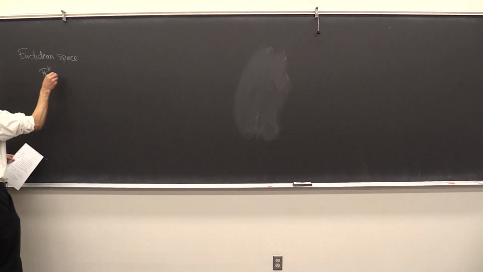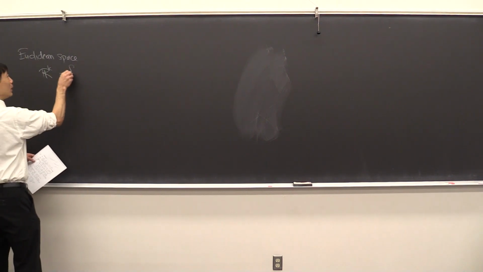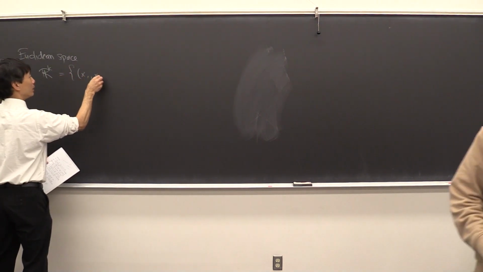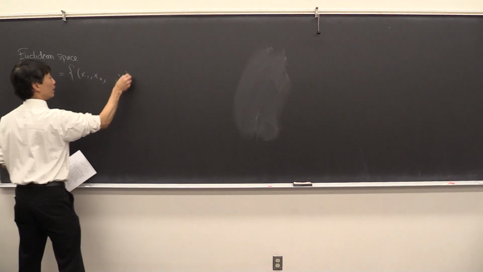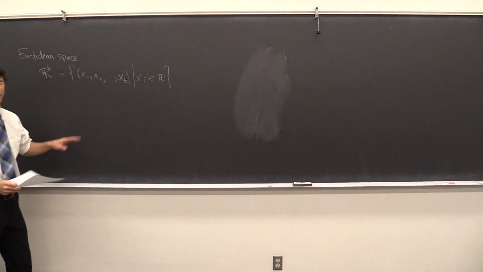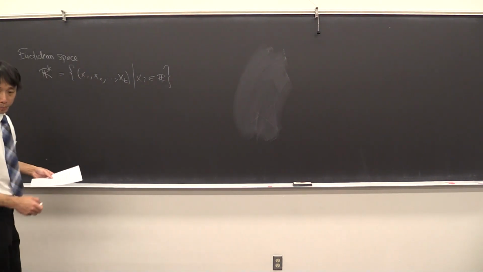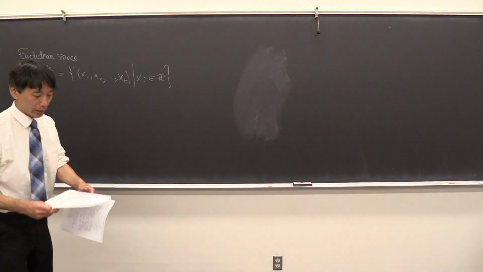So R^k, right? You all know what R^k is, right? It's just things with the form x1, ..., xk, where the xi are all real numbers, right? So vectors, right? K-dimensional real vectors. The main thing that I want you to